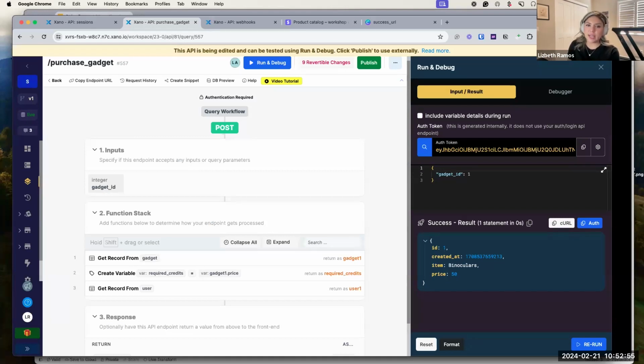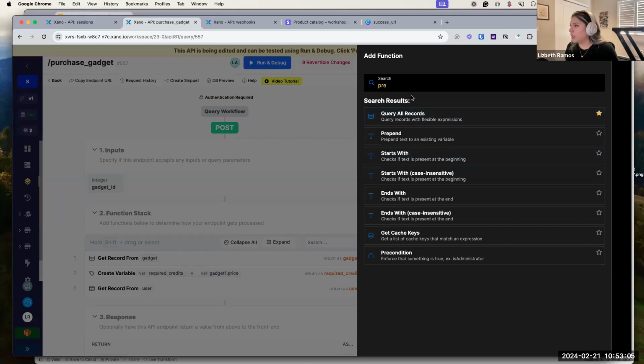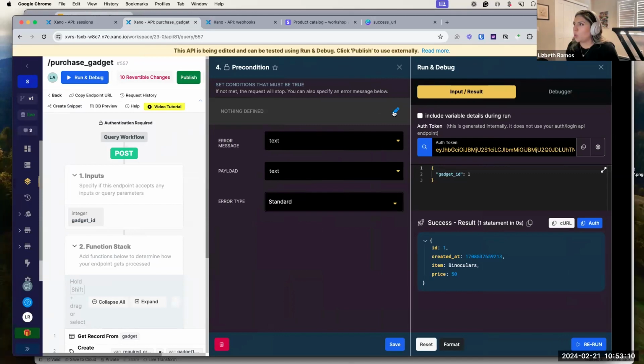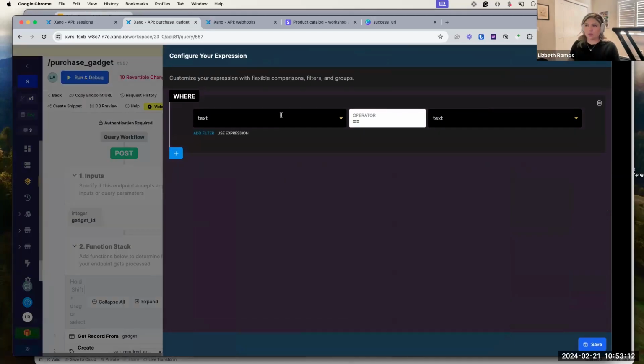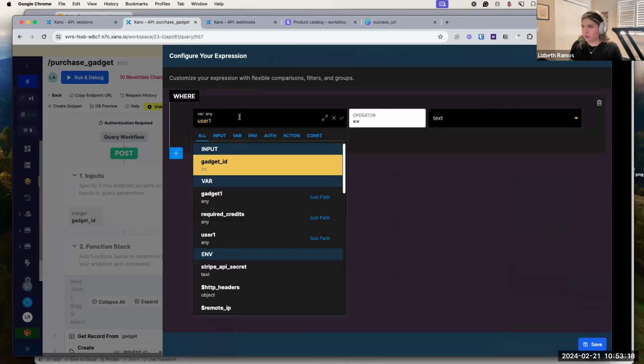Now from here, we know how many credits this specific user has. And if a user doesn't have enough credits, we can actually stop the function stack from executing right here. We can do that by adding a precondition. So let's go ahead and add a precondition. And then what we are checking is to make sure that the user's available credits